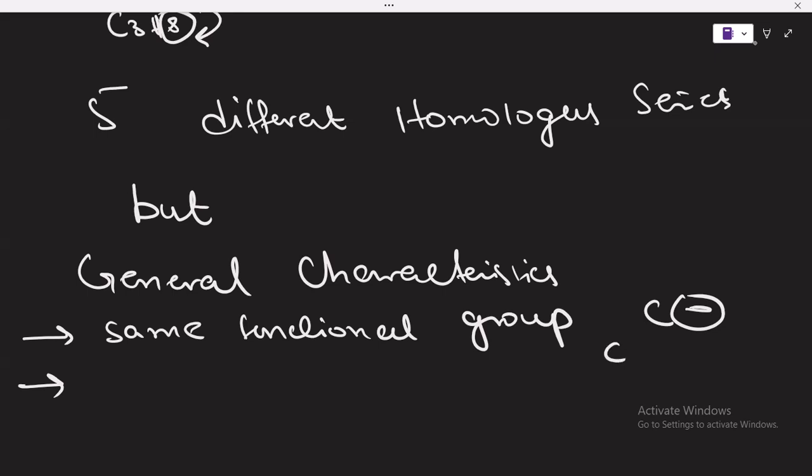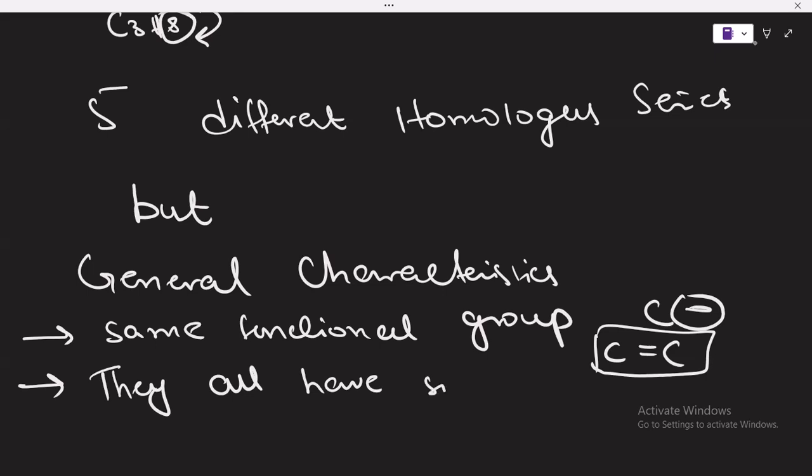So when you talk about alkenes, alkene has a double bond like this. So you can say that this is the functional group that is going to run throughout the series of alkenes. So one thing, what is that? They're going to have the same functional group. Now when we move to the second thing, that is they all have similar